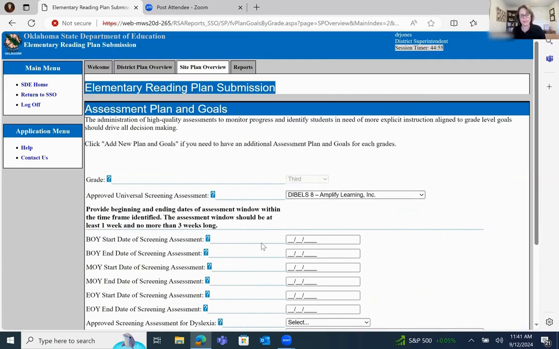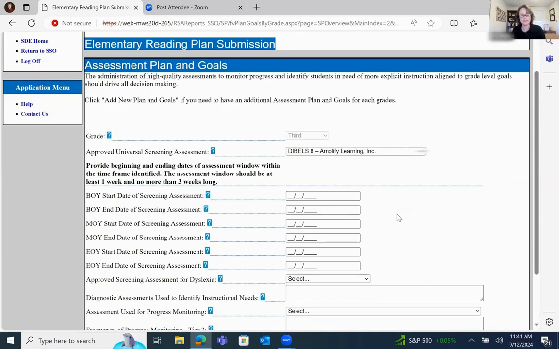So I'm entering that. And then these are the dates for your beginning of the year, middle of year, and end of year assessment window. These should fall within the dates that you put on your district plan. So in some cases, your district plan window might be 3 weeks long, but maybe one of your sites is saying we're only doing the first 2 weeks of it, or we're only doing 1 week of that.